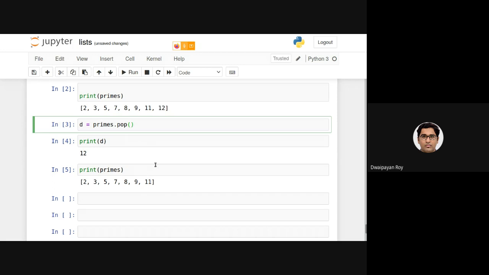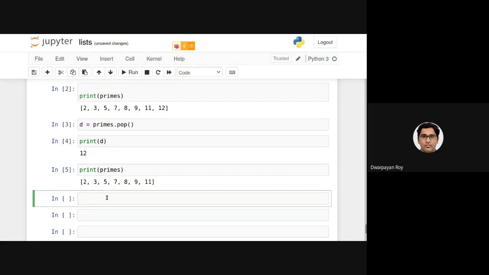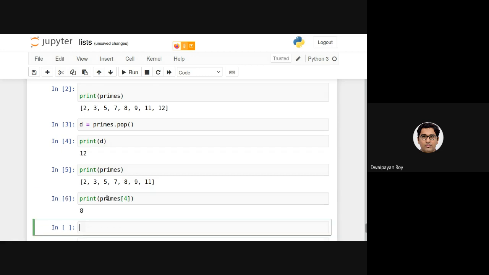Another way is if we want to delete an item from a particular position. Let's say we want to delete 8. In that case, we need to figure out at which location this 8 is present. The location is 4: 0, 1, 2, 3, 4. Just to make sure, I can print primes 4, which will print 8.